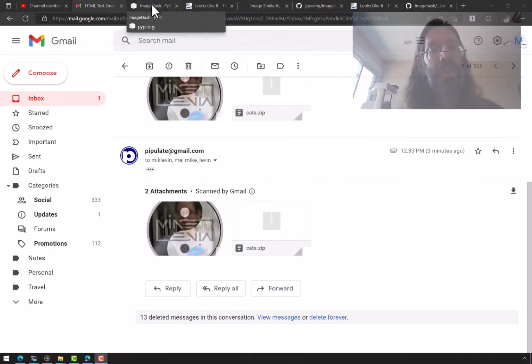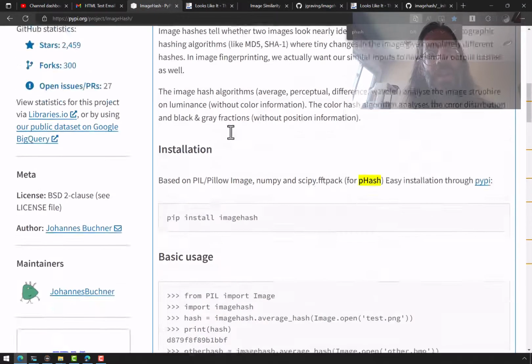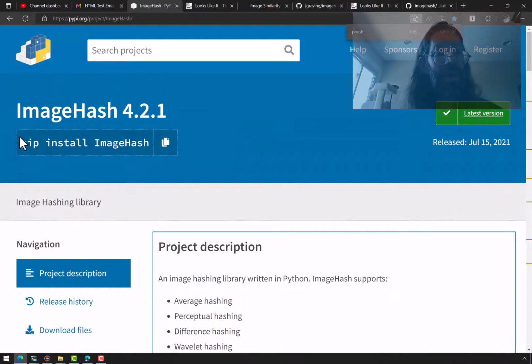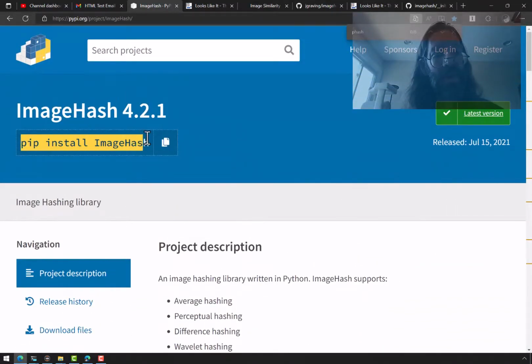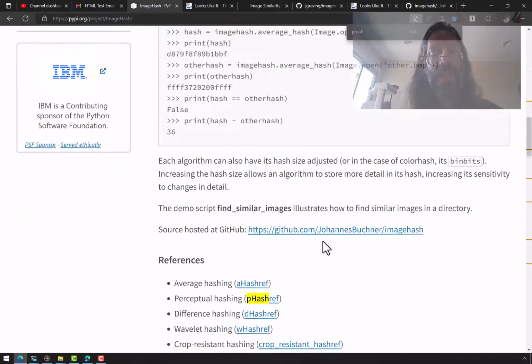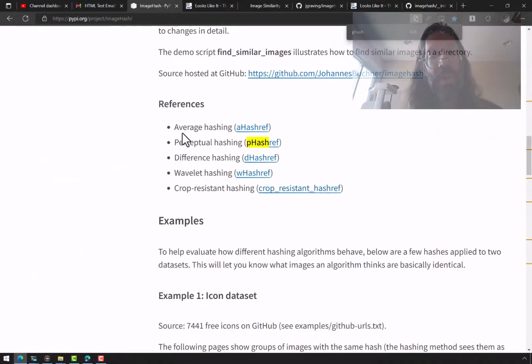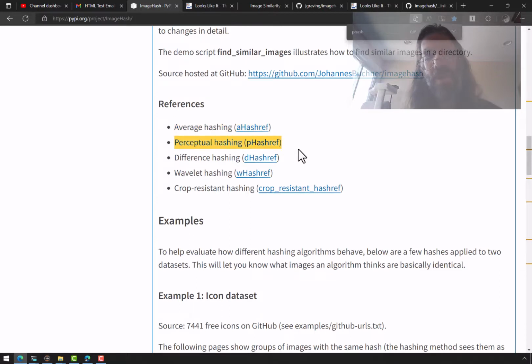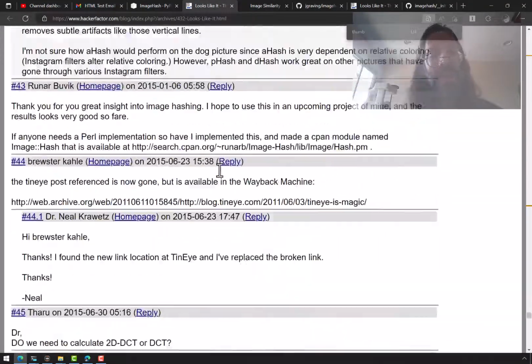Well, it's because as you go researching this image hash, this thing that I pip install imagehash, you're going to find there's different hash algorithms that can be applied. There is the average one, which is fastest, the perceptual one, which is good for creating little thumbnails for comparing things, and there's a few others. And when you follow the link to pHash to read about it, you get this